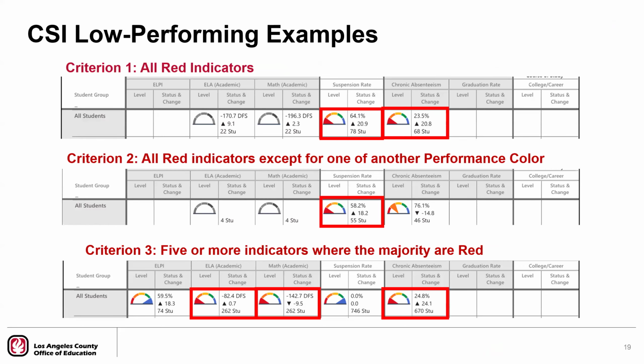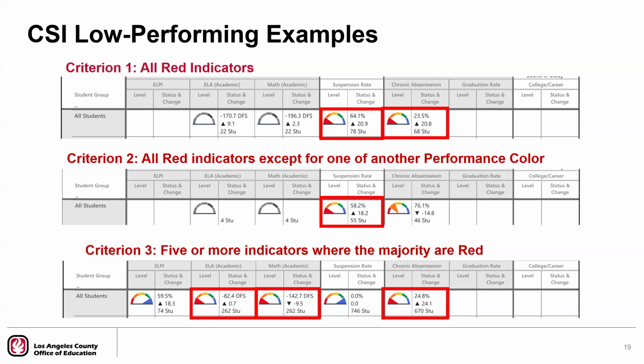So here are some examples that we just pulled randomly from the schools that are still eligible for CSI low performing. And you can see in the top one, this is a sample where you have all red indicators. And in this case, they didn't have enough students to actually get colors for ELA or math, and you can tell that on the dashboard because they have gray indicators. If they have between 11 and 29 students, they will show the status, they'll show the change, but they won't have a color. So that's how you could tell if an indicator was included in the consideration of eligibility.